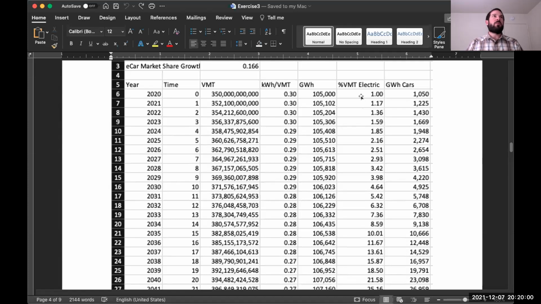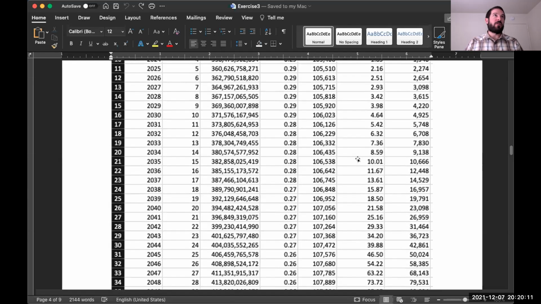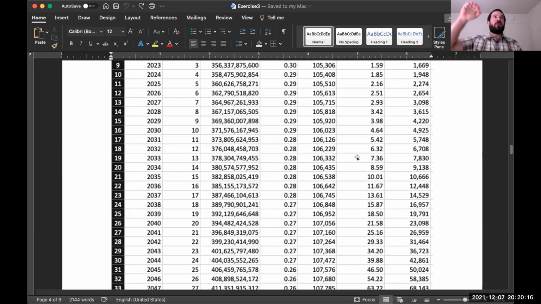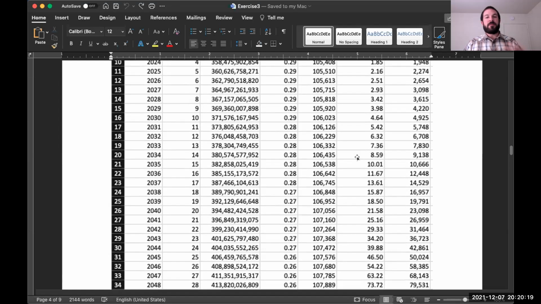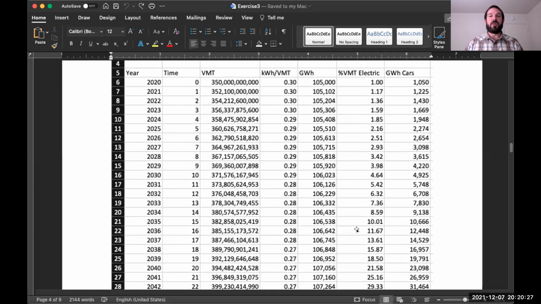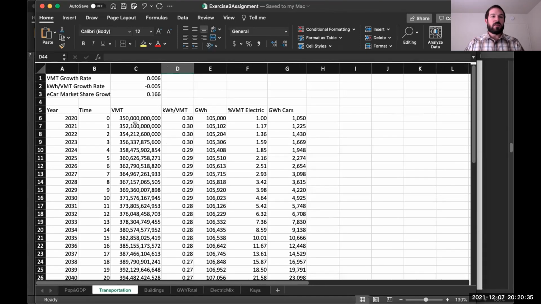It probably won't work exactly like this. It probably won't be exactly an exponential curve. It's more likely to be something like a logistic curve potentially, or it may look more stepwise. It may have increase and plateau. But just for the purposes of estimating how things are going to look in 2050, this is a good enough approach. Okay, and what you have here across the whole spreadsheet is the initial vehicle miles traveled, some initial conditions